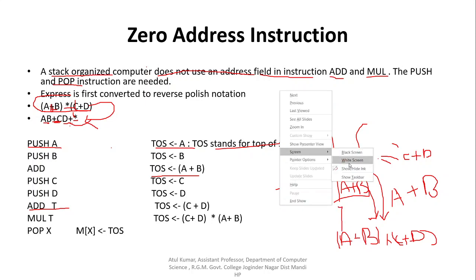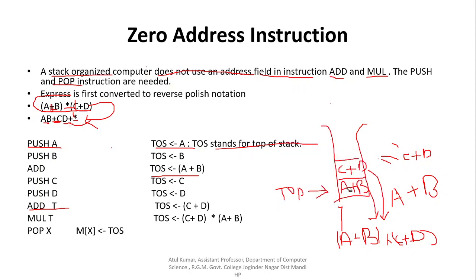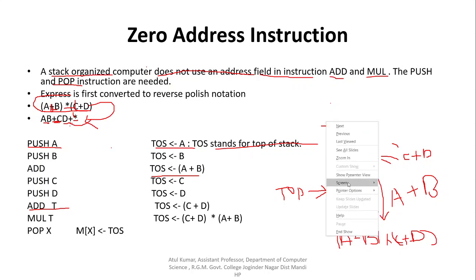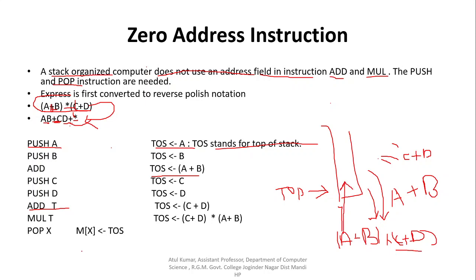So your stack now contains A plus B multiplied by C plus D, and this one is this operation. TOS is equal to A plus B multiplied by C plus D,